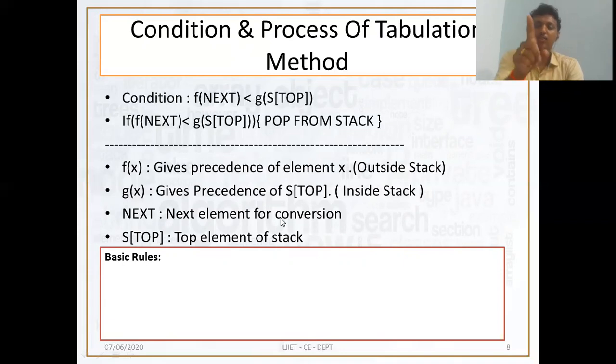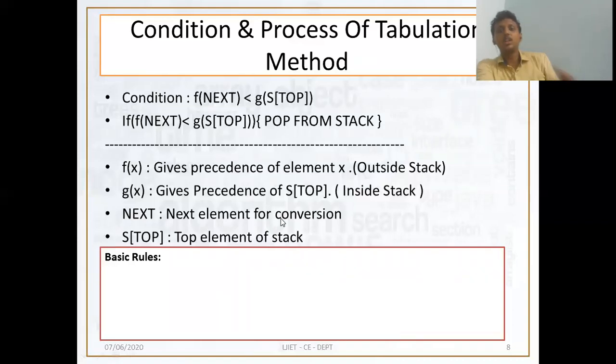First, do you remember the previous rules? In the tabulation method, we put hash at two sides: first inside the stack, and hash at the end of the string. Appending hash at the end of the string shows the end of the string, and the hash inside the stack shows the beginning of the tabulation method. But here there is no hash. We have opening bracket and closing bracket. So using these two brackets, we need to continue our example.